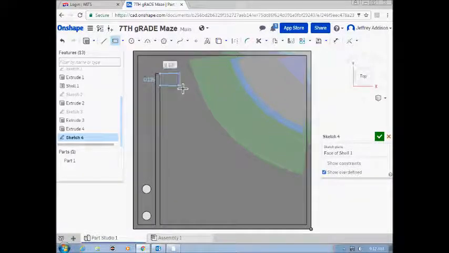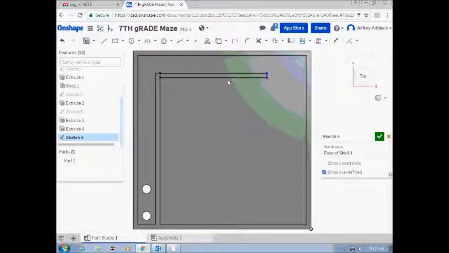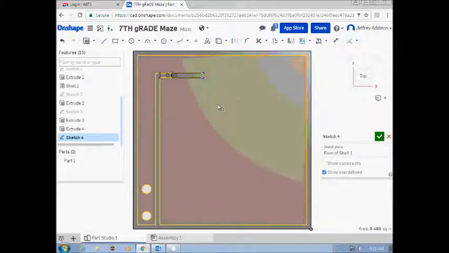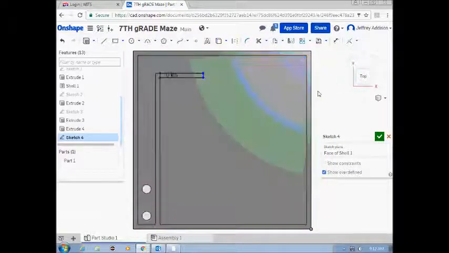I'm going to use the rectangle tool and start at this point. It's good, but it's a little thick, so I need to go back, dimension its thickness, and remember our rule that our walls are going to be 0.05. Again, just like with the first one, the other dimension really doesn't matter. I can pull it out and change the length to any length I want. I just have to keep the rules of the hallways being 0.2 wide and the wall thickness being